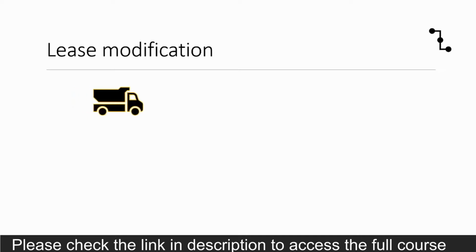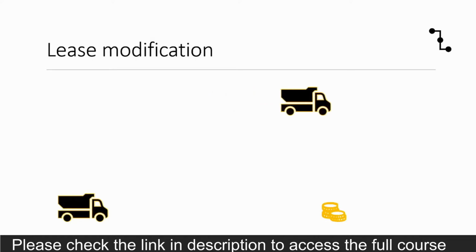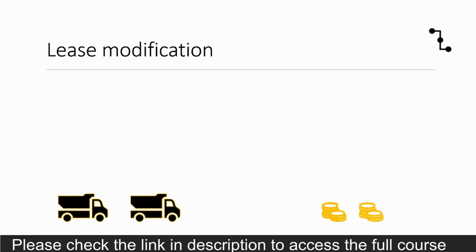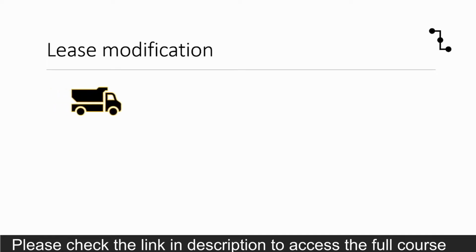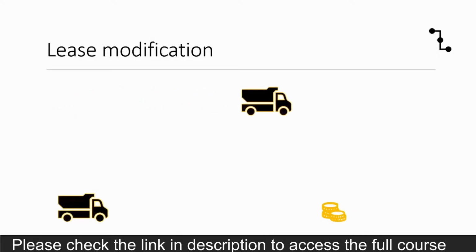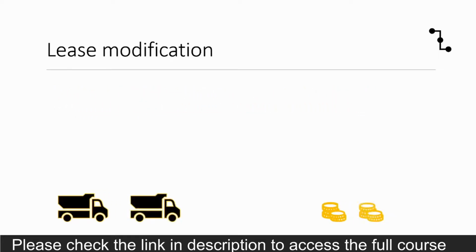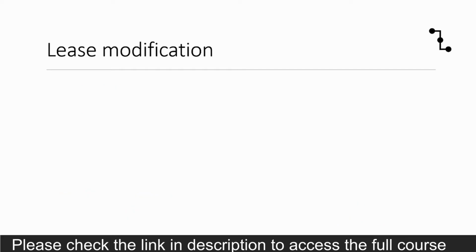So as the name says, lease modification is a modification in an existing lease contract. But this standard deals with only those modifications which will have financial implications. It has provided the guidance to identify such modifications and their recognition and measurement in the financial statements. To make it easy to understand, I have created a mind map and have summarized all the modifications into 4 broad categories. So let's understand it.